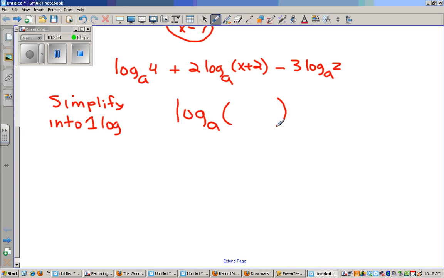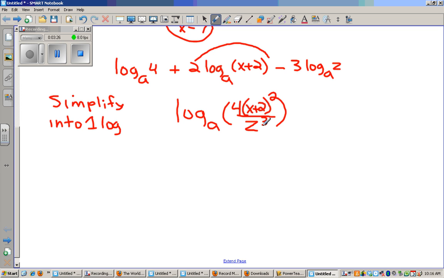Adding means multiplying. So this would be 4 times, and this is kind of weird, we'd have an x plus 2 in there, right? And what does this 2 do? Goes to the power, right? Subtract means divide by z cubed,